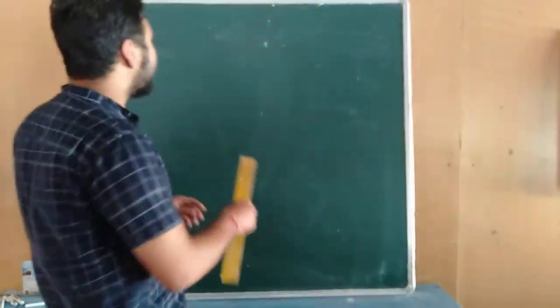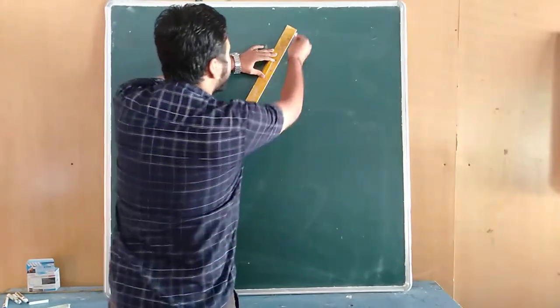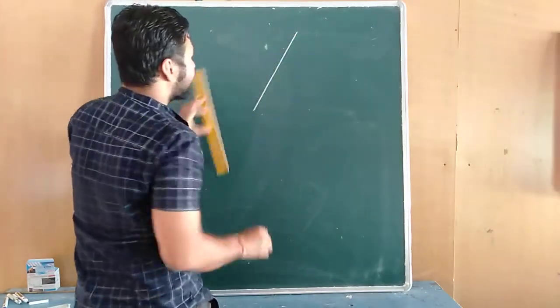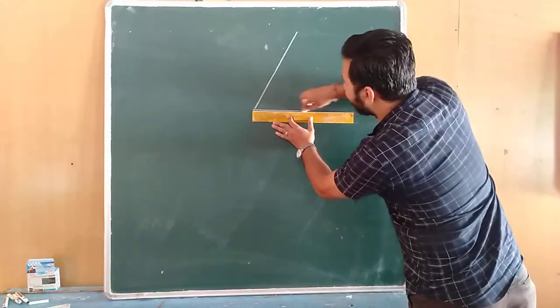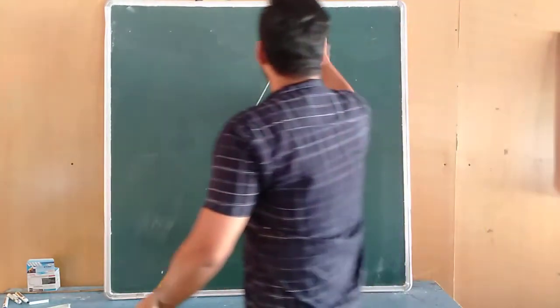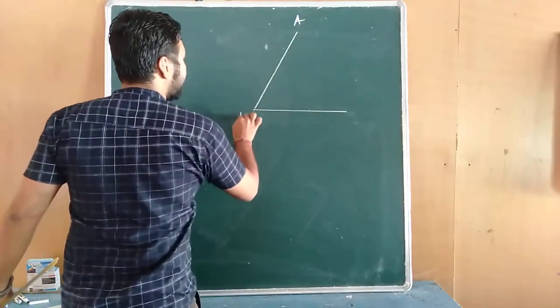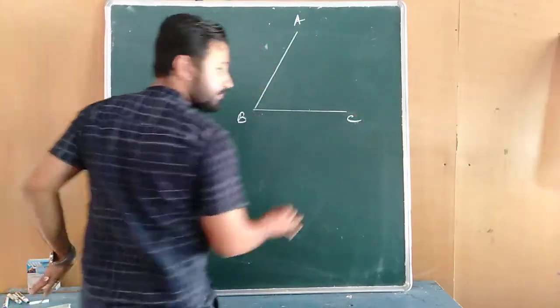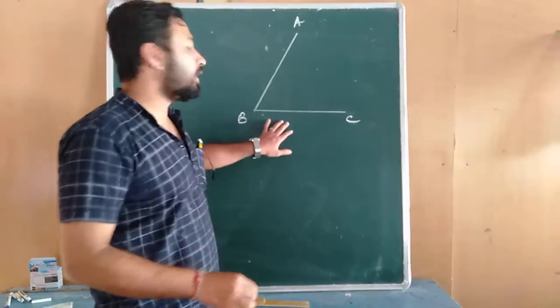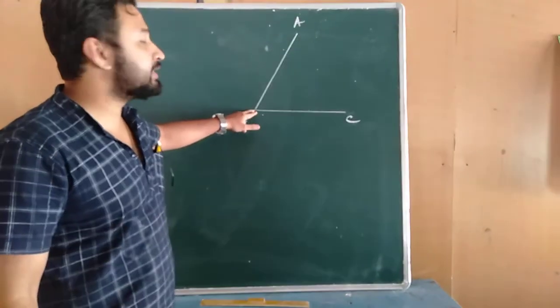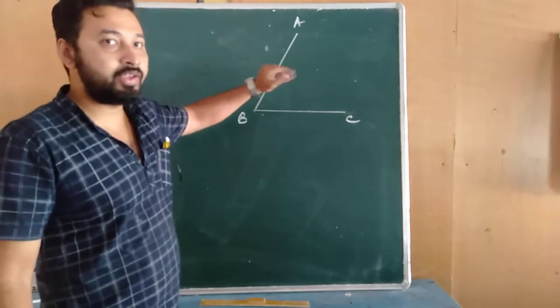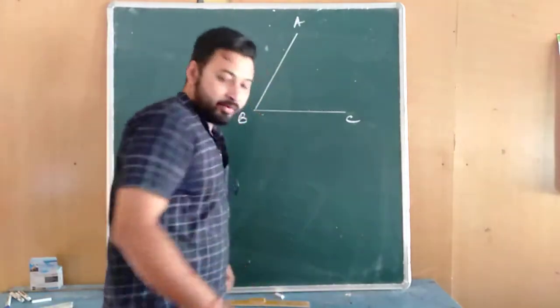Suppose we have an angle, this is an angle ABC. We are given this angle. We need to bisect this angle. That means we need to divide this angle into two angles of equal magnitude. So for bisection,